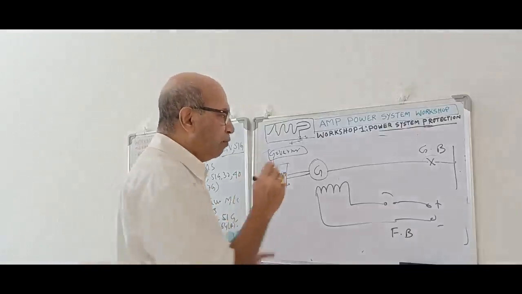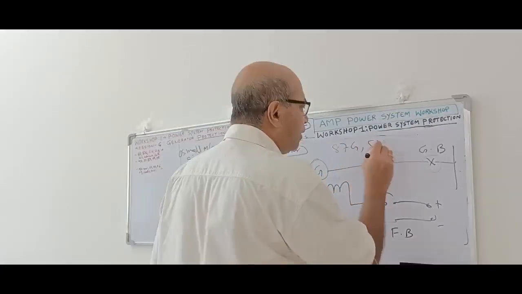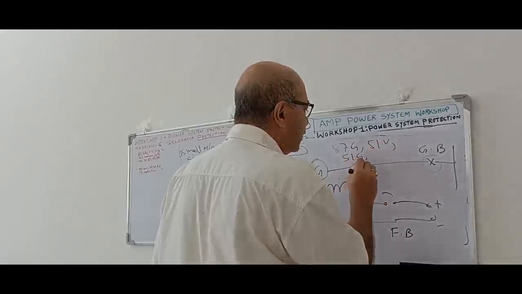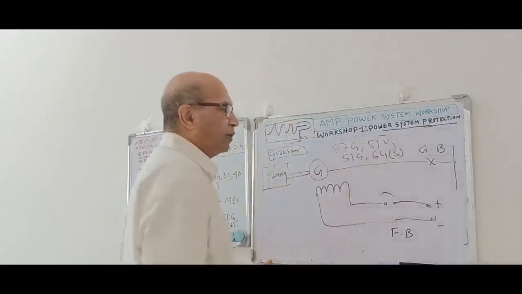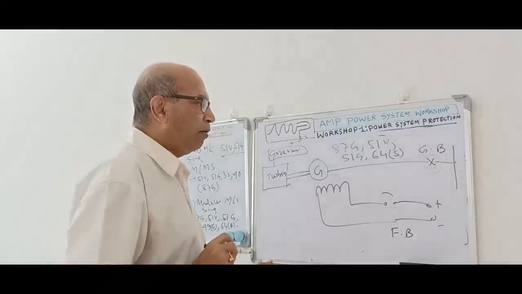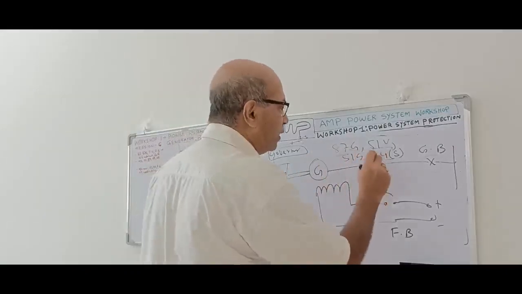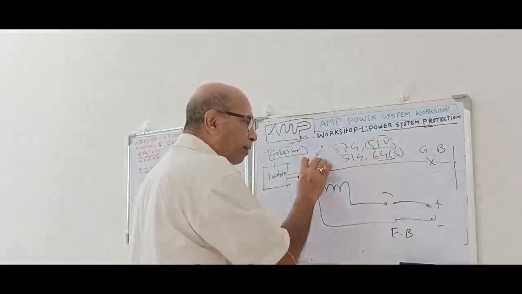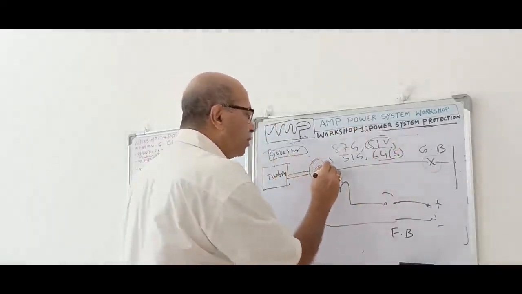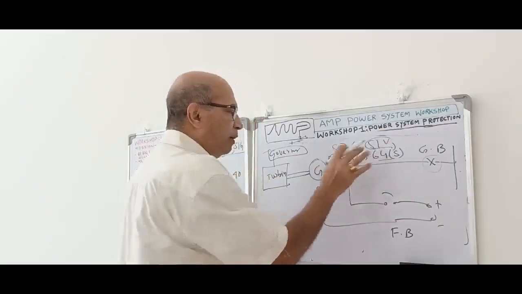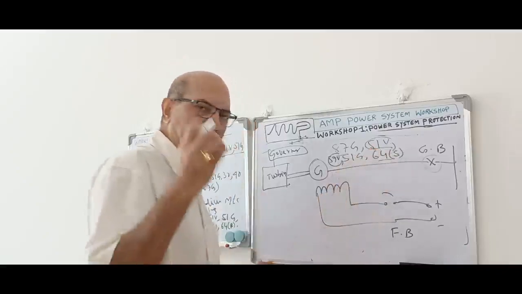So for that you see, for these protections 87G, 51B, 51G, 64 stator earth fault, when this is happening, these are all internal to the machine. For 51B, it could be inside the machine or it could be outside. This is a 50-50 chance. For the 51G also the same thing, 59B or 51G, both protections could be inside the machine or outside. 64H is strictly inside the machine.